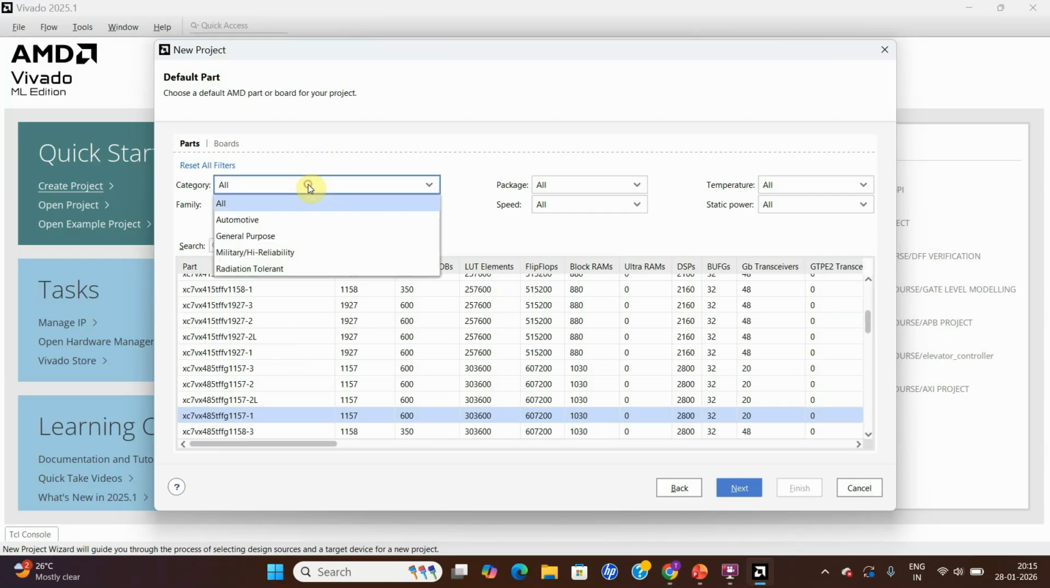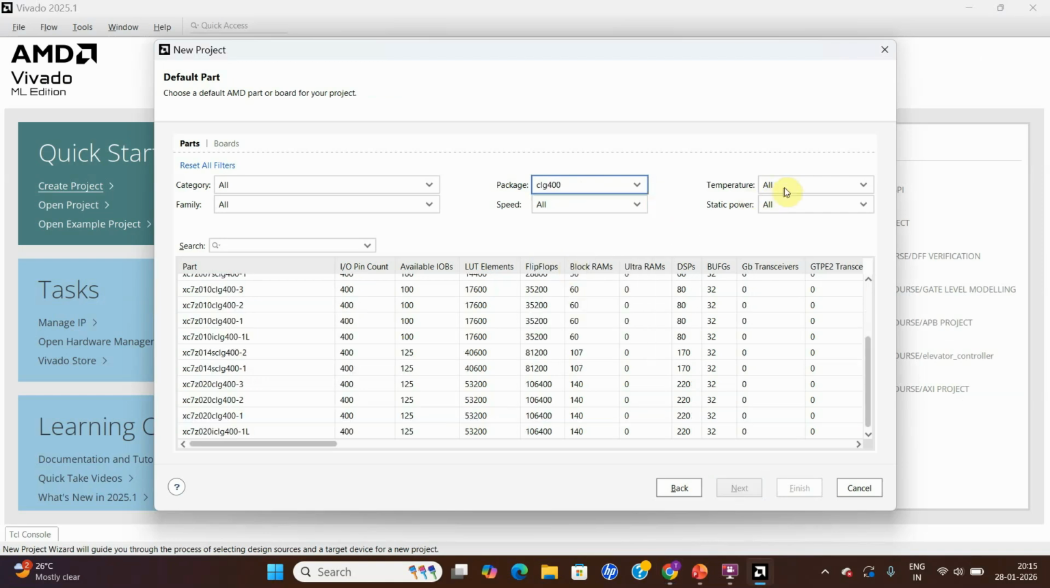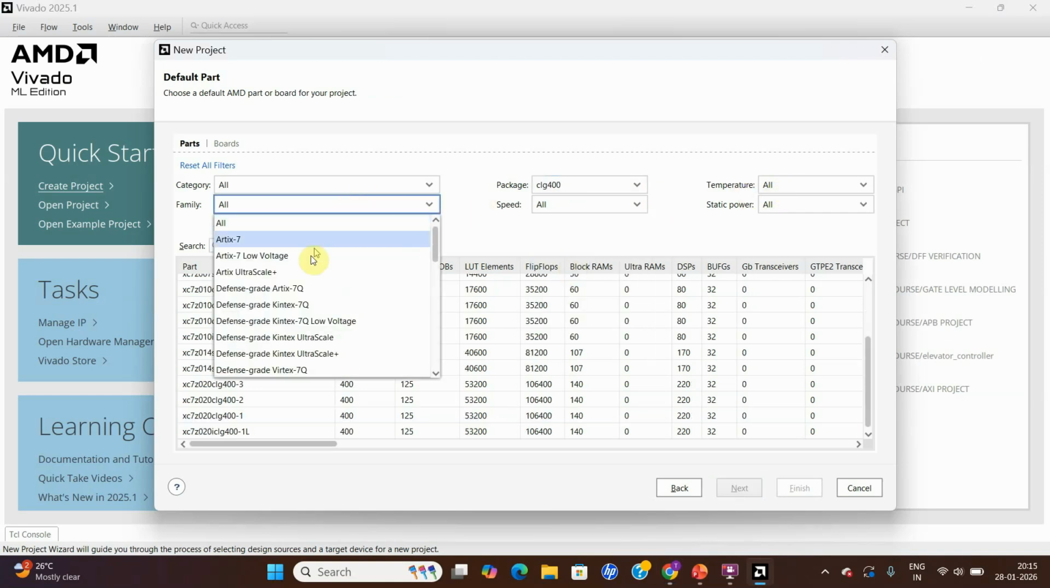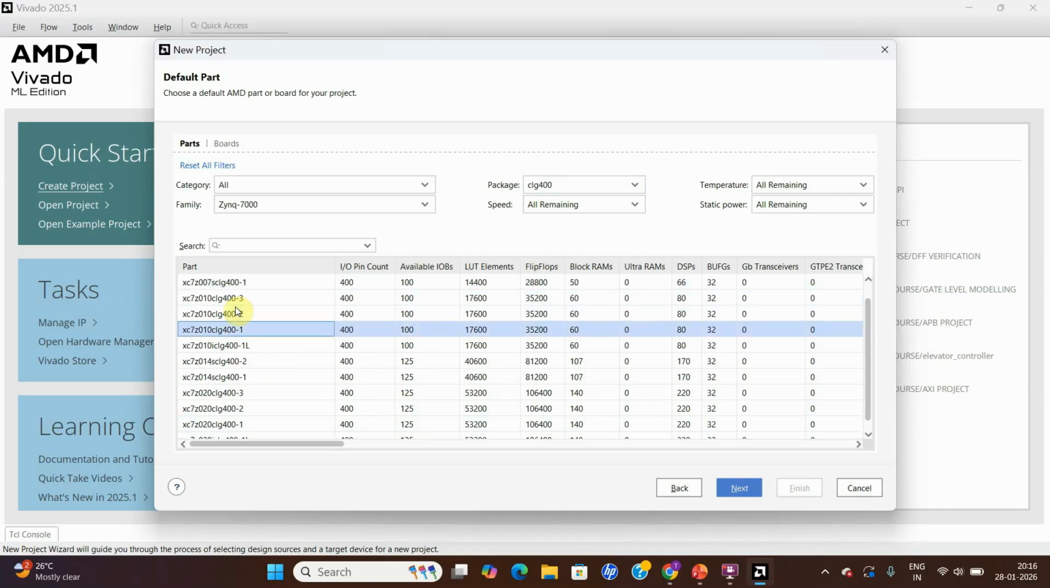Now, here go to category and click on all, and the package is CLG. So the package is CLG 400. So click on CLG 400. And temperature, leave it, and for family go to Zynq 7000 series. Now you can select your board. So we have over here XC7Z010 CLG 400 minus 1. I'm going to select it. So you can see the IO pin count is 400, available IOBs is 100, LUT elements is,